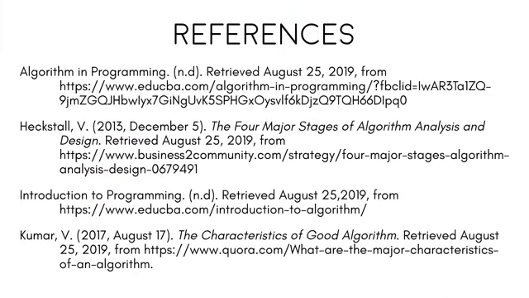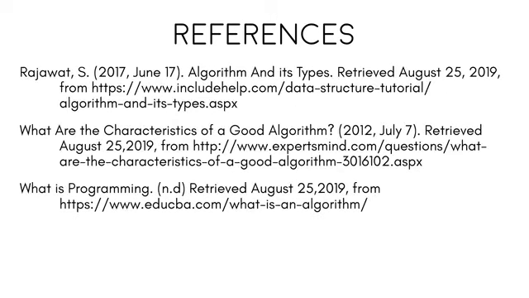So to summarize, we learned what is an algorithm, the four major stages of algorithm analysis and design, the types and characteristics of algorithms, the applications of algorithms, and the advantages and disadvantages of